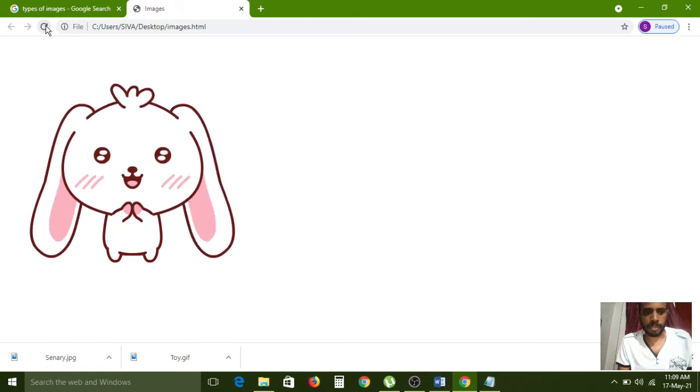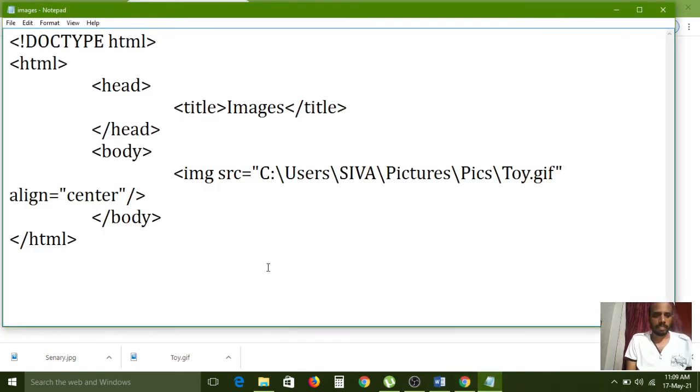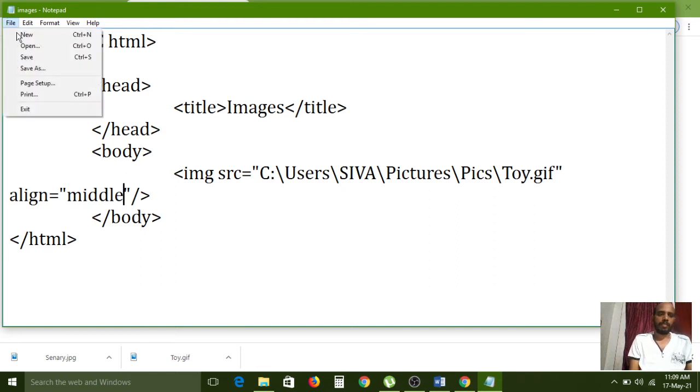Why is it not working? Wait. Middle is the option.